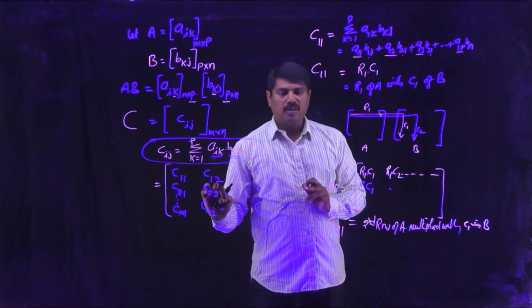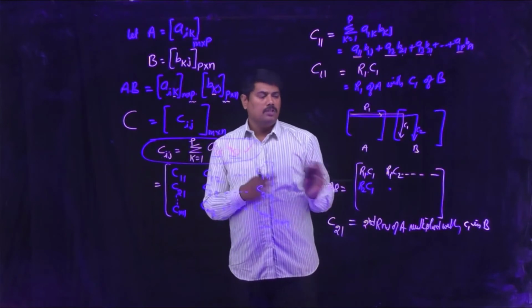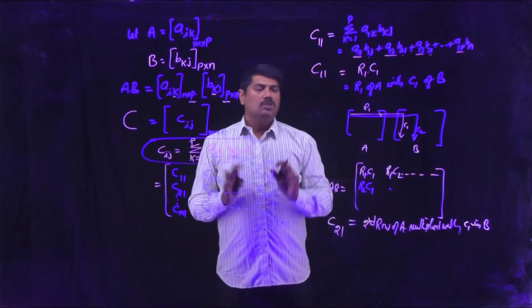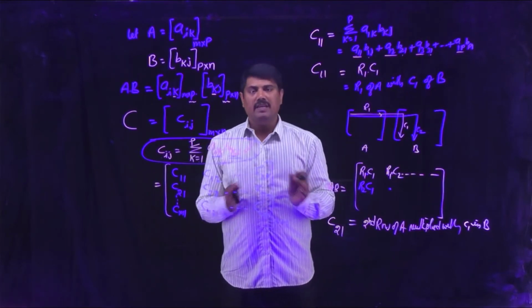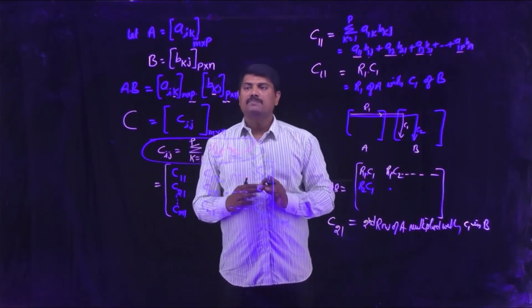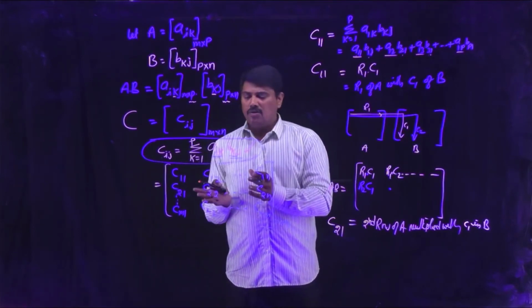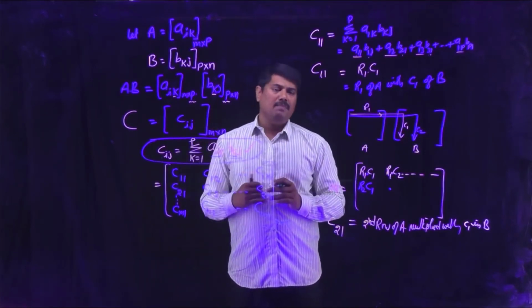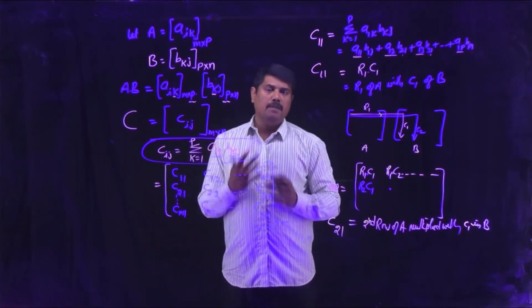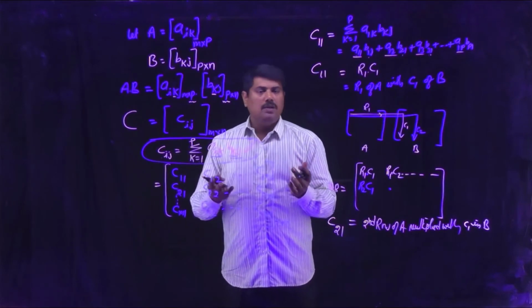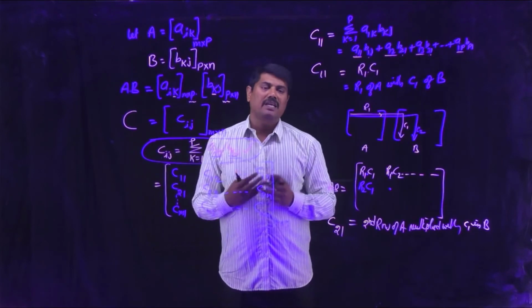1, 2, first row with the second column. If you go through like that, you will do the multiplication very well. So observing the concept is much more difficult than doing problems. Here is one important point: understanding the process of multiplication with general notations like A_ik, B_kj is somewhat difficult when compared to doing problems. So next we will do some problems related to multiplication which you can easily understand.